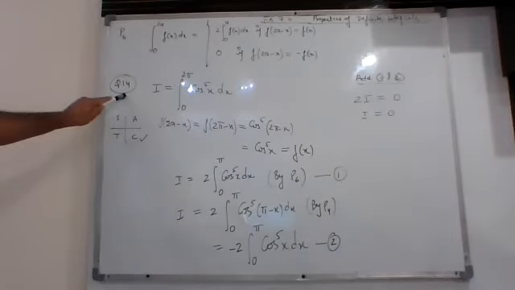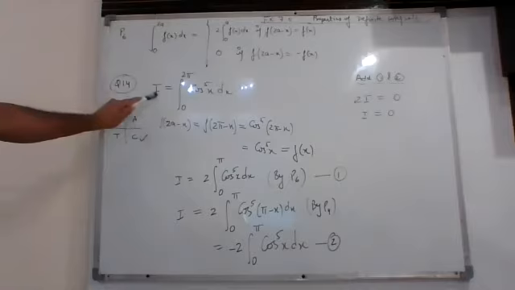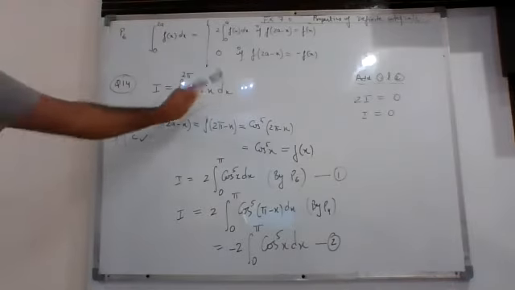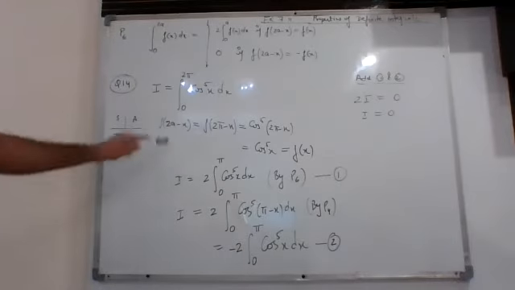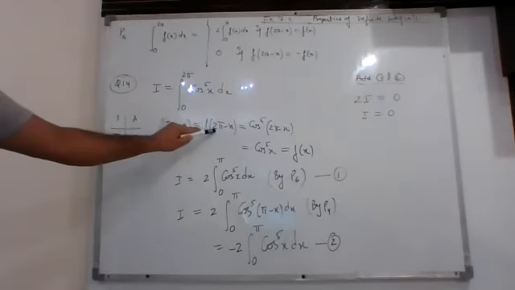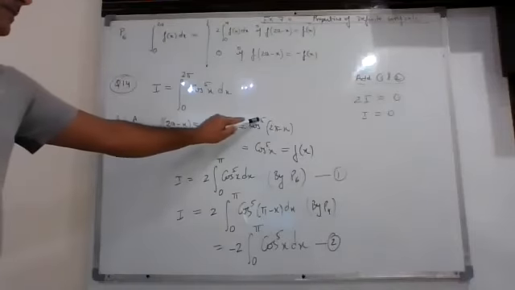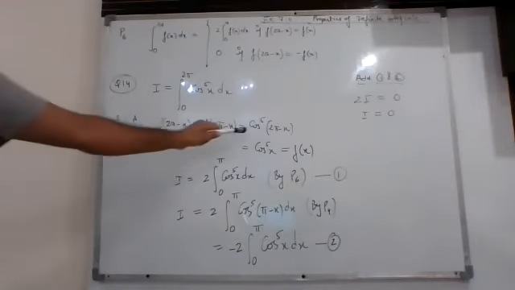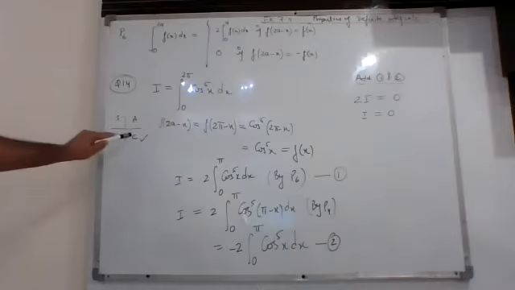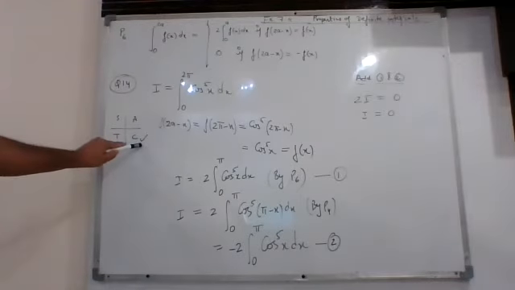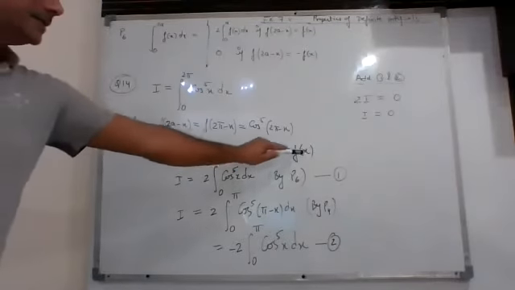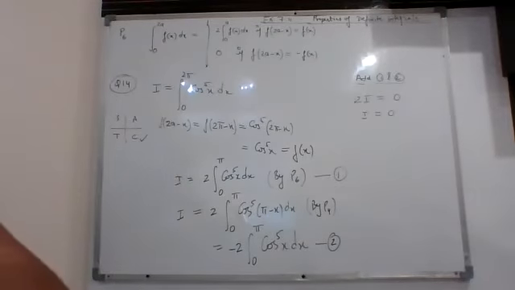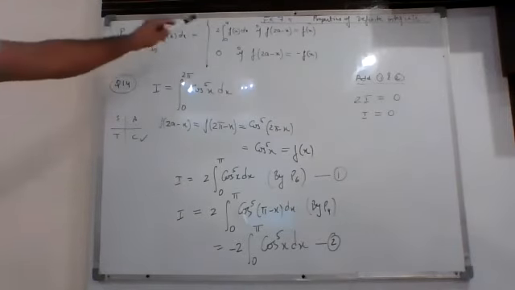So question number 14 from this 7.11 exercise. I is given as the integral from 0 to 2 pi of cos to the power 5 x dx. Now let us check this f of 2a minus x. When you check this, it will be f of 2 pi minus x, which is cos to the power 5 of (2 pi minus x). Now you know that 2 pi minus theta is in the fourth quadrant, and in the fourth quadrant cos is positive, so you are left with cos to the power 5 x, that is nothing but f(x).